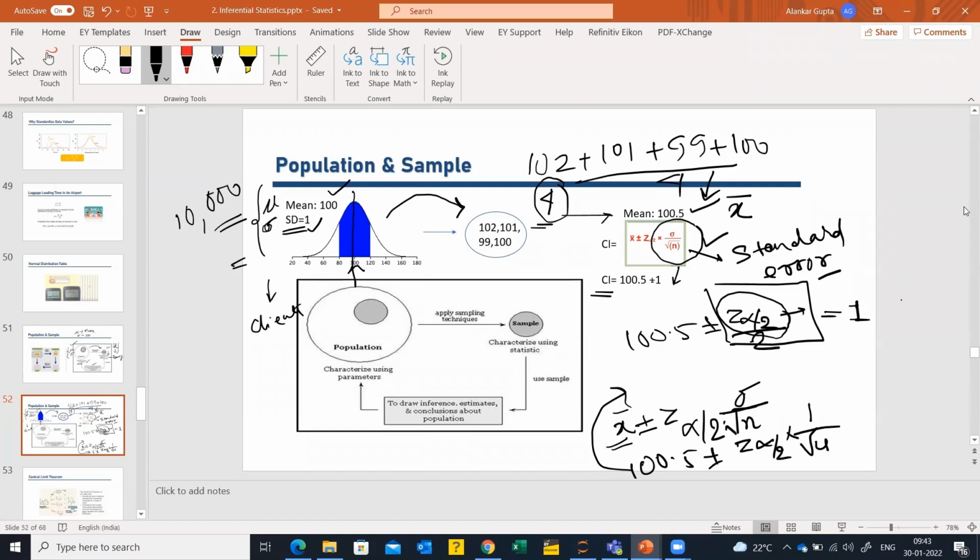Now, why are we talking about all this? Because of the central limit theorem. And when we get there, we will talk about a term called the standard error. Just keep in mind, this is one application of the central limit theorem that we are learning right now, but we'll go through it again in the central limit theorem.